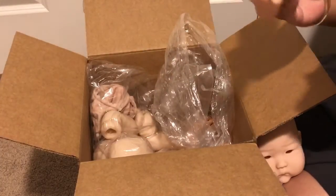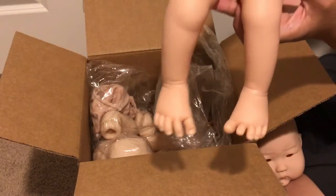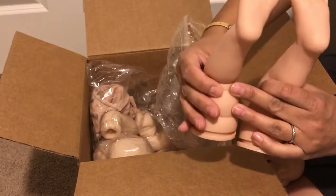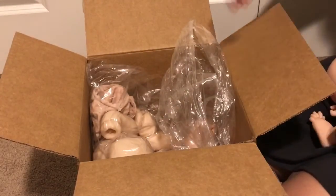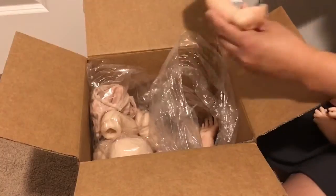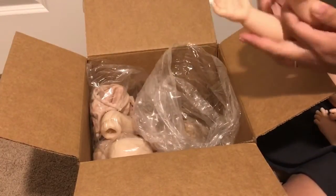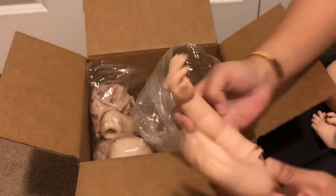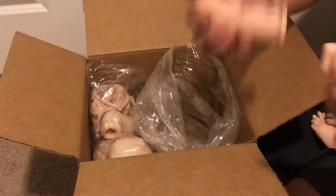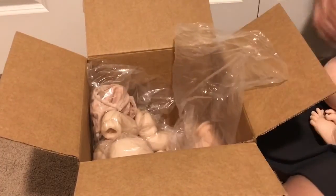You know what, this sculpt, I will say, probably could be a little bit more detailed. I've been so spoiled by opening up all these reborns. And so those two legs. Oh, I like the hands. Oh, these are cute hands. Oh, they're both open hands. Oh, so cute. So this is An-Ming by Ping Lao, and this is a 3/4 limbed baby, you guys,